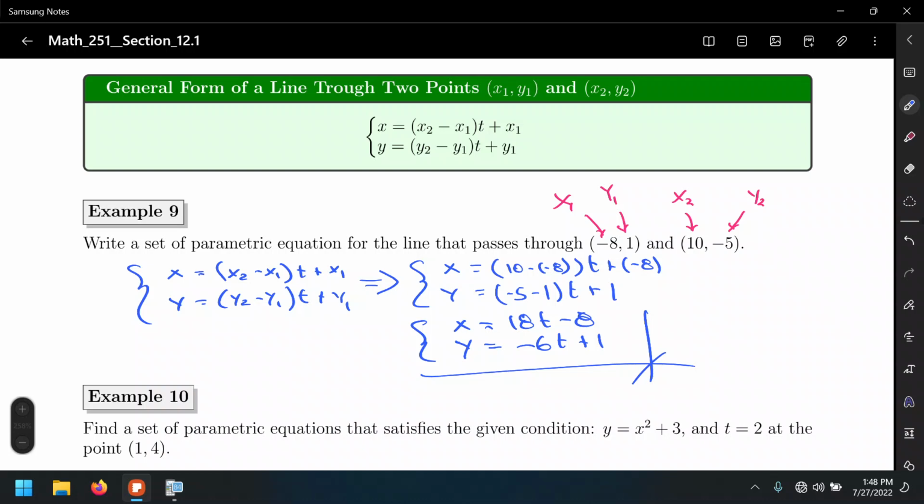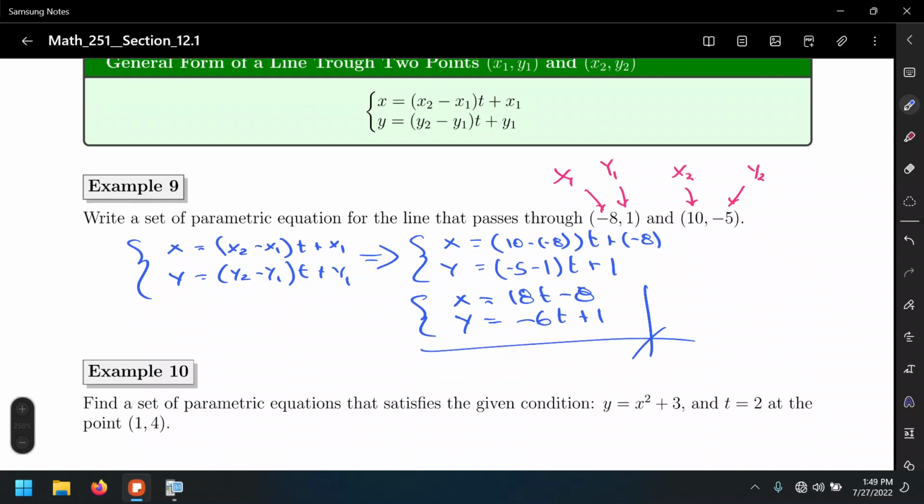So in this case, we are not just finding any random set of parametric equations that look linear. That is, the powers of t are 1, right? So in this case, yes, the variables have a power 1. But in this case, we're finding a particular set that passes through those 2 points. That's what we're doing in this study. All right. Okay, so another typical